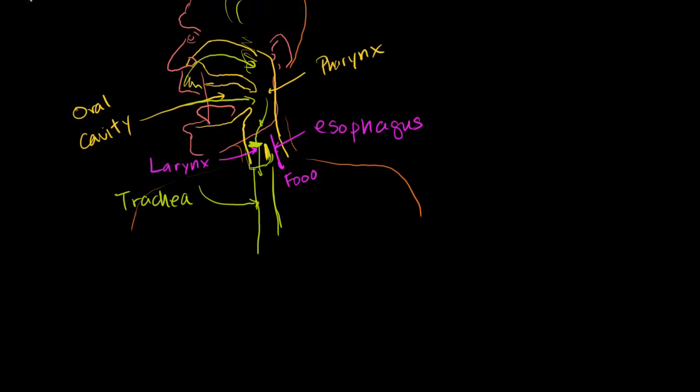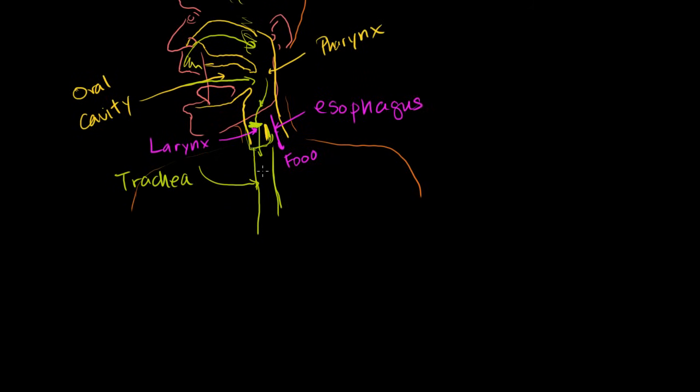And then from the trachea, and the trachea is actually a reasonably rigid structure. It has cartilage around it. And it makes sense that it has cartilage. You can imagine like a hose, if it bent a lot, you wouldn't be able to get a lot of water through it or a lot of air through it. So you don't want this thing to bend a lot. So that's why it needs to have some rigidity. So that's why it has cartilage around it. And then it splits